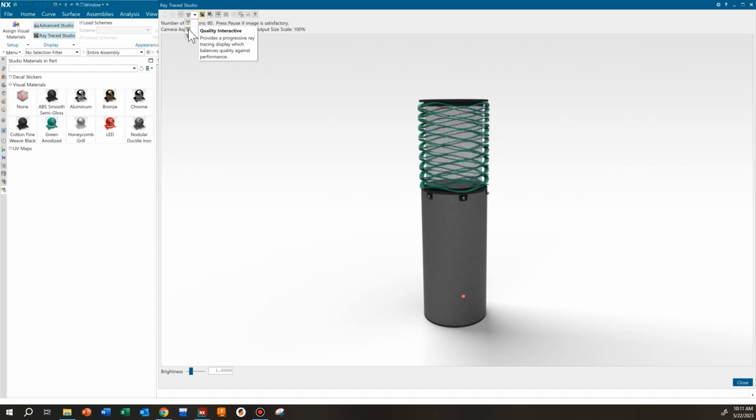Then you have quality, which takes a little bit longer than the fast, but the image is better. And then you have photo real. Photo real is the highest quality. This is the type that you actually get the emissive materials out of. So if we go to that,